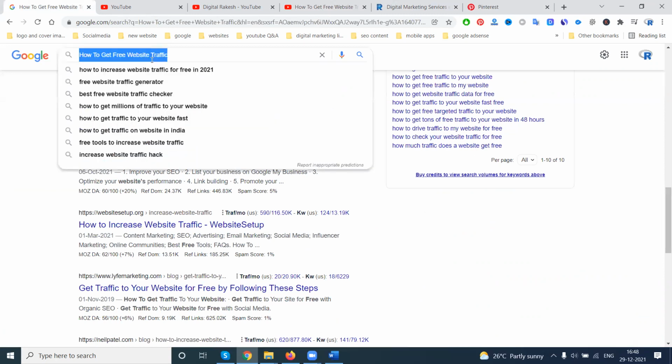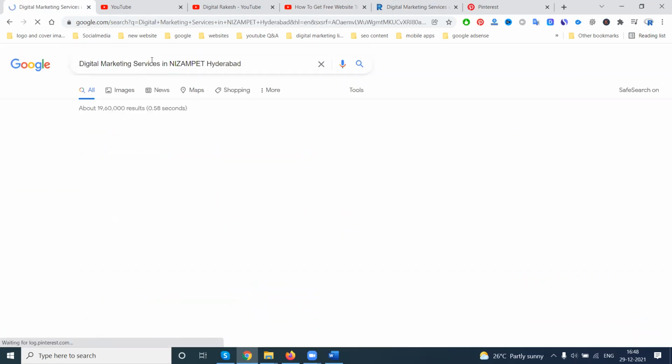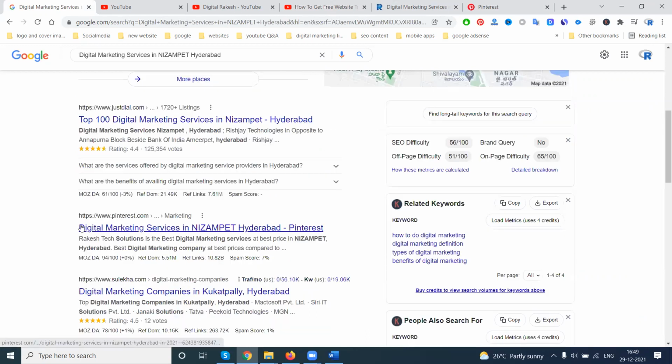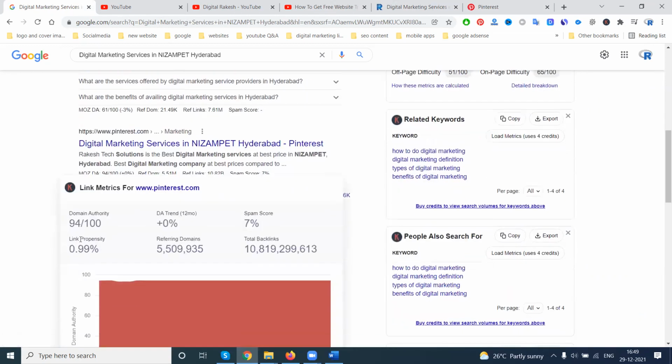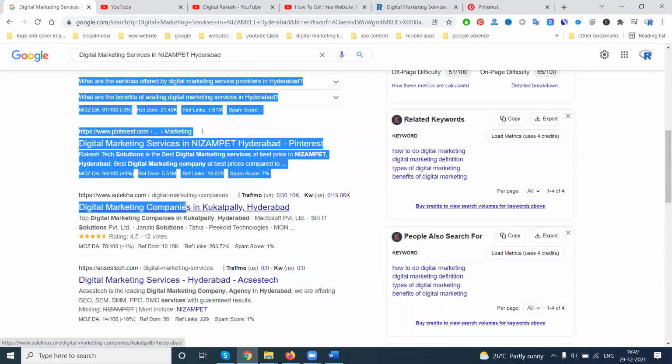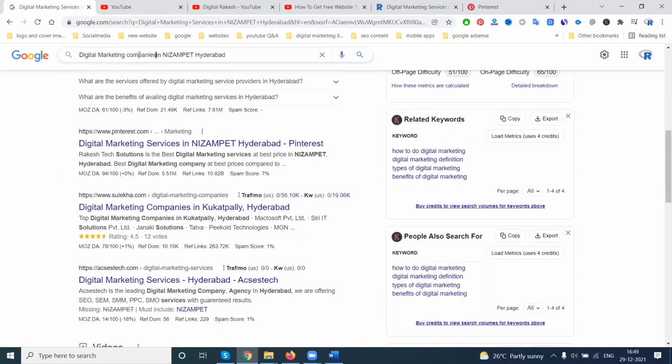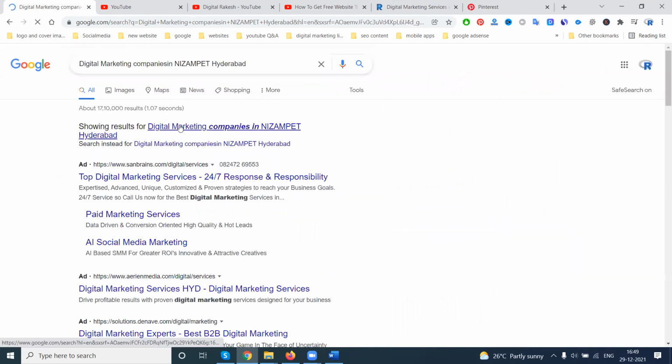Suppose when I'm searching this keyword, how people will be searching in a number of ways. So digital services, here is the option, digital marketing companies.